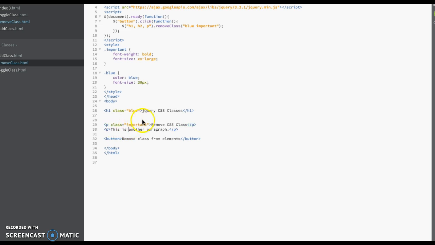And then we'll save that. And then, whoops, I was supposed to remove this so I could show you how it works. It's basically the same thing. I'm going to add the $ sign, parentheses, these, and then I'm going to do an H1, comma, and then paragraph, and then I'm going to do a dot remove class,